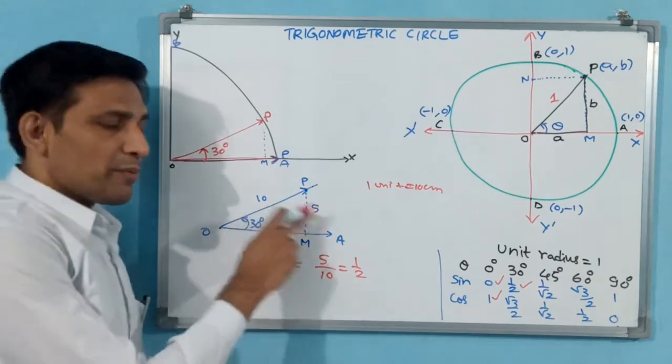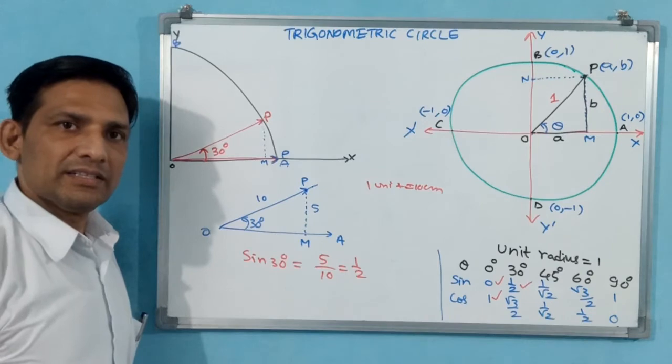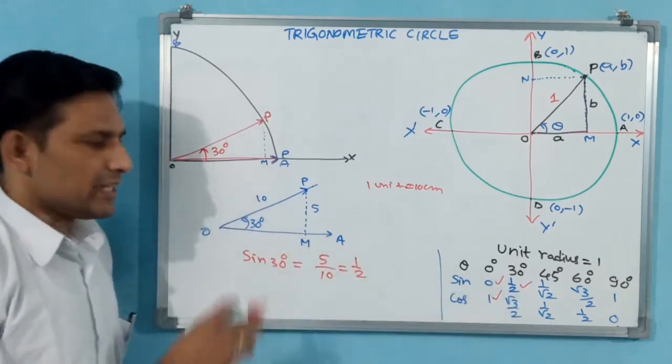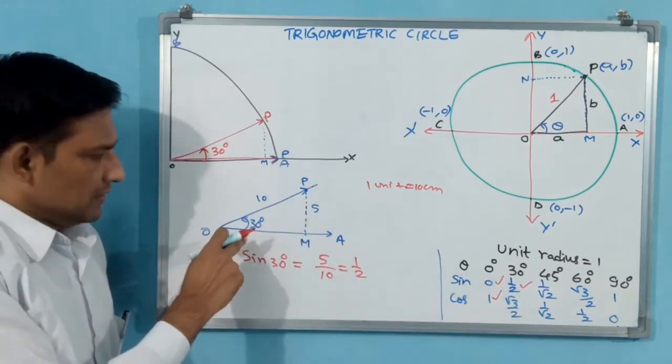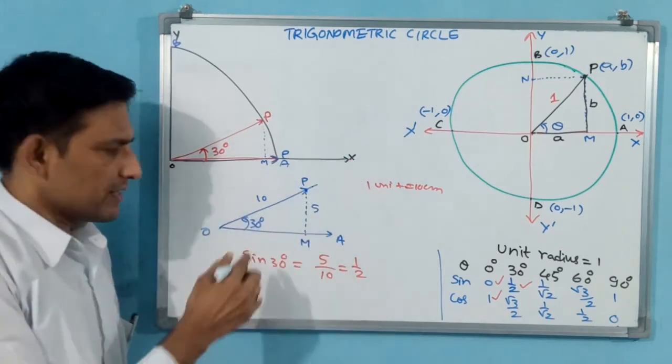These are practical results. These do not come without any calculation; these have come by calculation only. They have drawn the graph at 30 degrees. See, the protractor is there. You draw the protractor on paper.